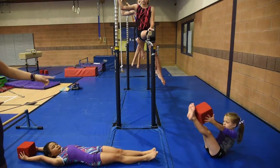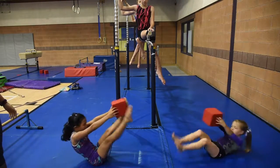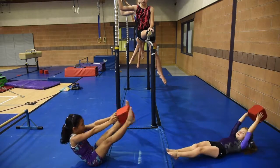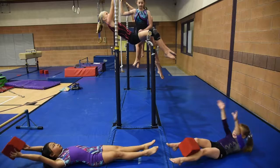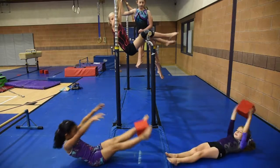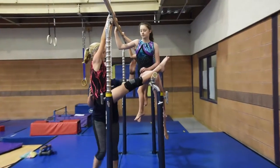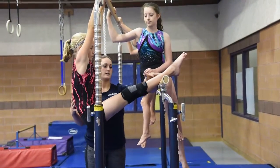They have a block in their hands and they transfer it from their feet to their hands. They go all the way down laying and then they balance on their bum to transfer the block. Okay, you're good. Okay, the next set is both of their feet are on the low bar and they keep